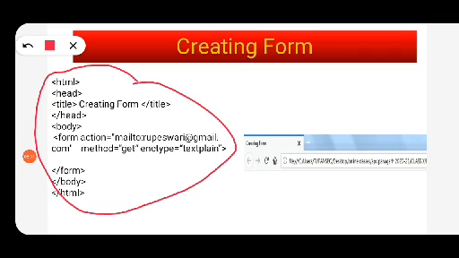You will see that there is nothing displayed on the page, but the form is actually there, since we haven't used any input field or button, that's why it's not visible. Got it? But you can see the title, creating form, which means the code has no errors in it.